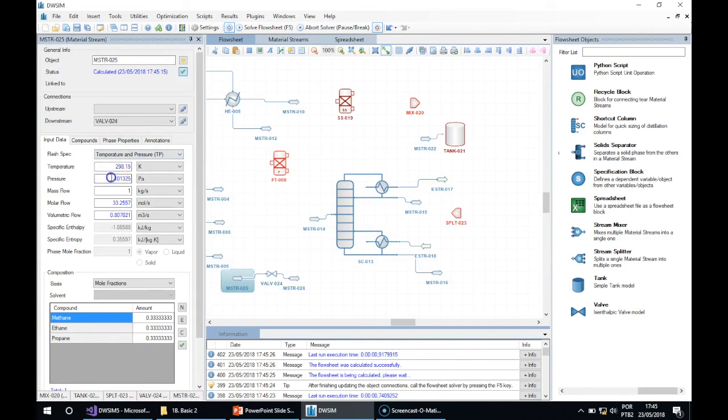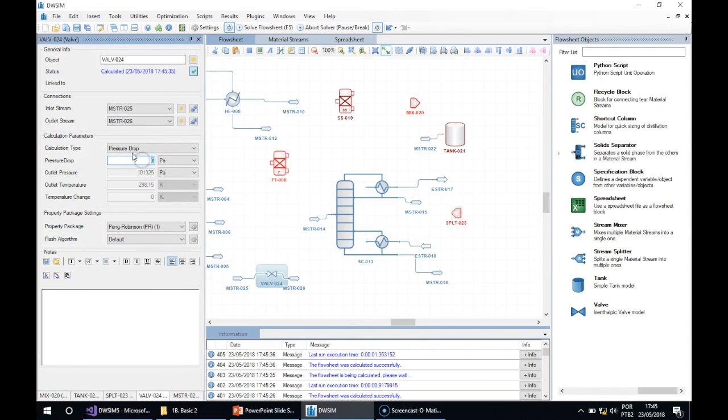So you can see how much the temperature drops, for instance. You can specify the pressure drop or the outlet pressure for this unit operation. Okay, let's choose something close to atmosphere, and you will see that it calculated the temperature drop